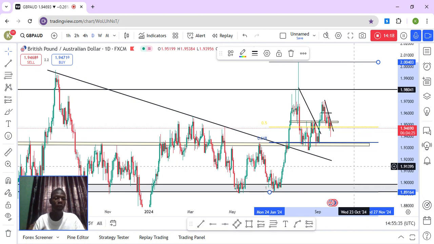Just that because of the fundamentals and a lot happening in the market, because you guys know that the Federal Reserve has just cut the interest rate on the global currency, which is the USD, which is going to affect the market. There's no way anything will happen with the global currency that is not going to have an effect on the market. So that's why we've been having a lot of trouble making money lately with GBPAUD, but there's no worry anymore. All we have to do is calm down. We'll recover our losses and we'll still make a lot of money.